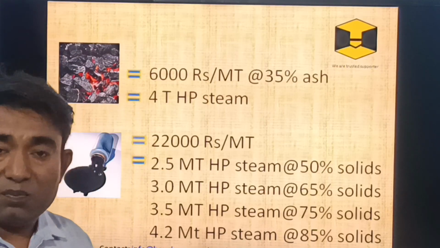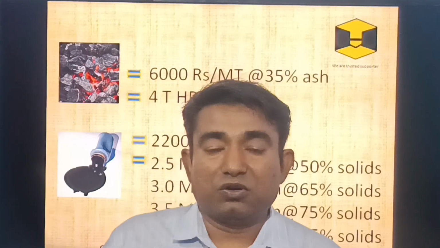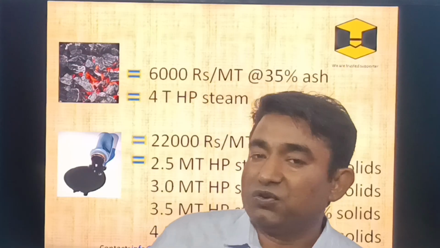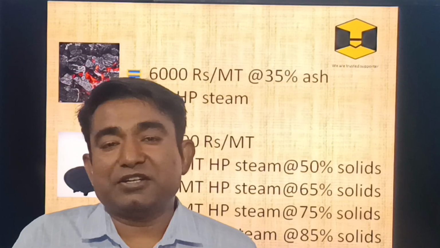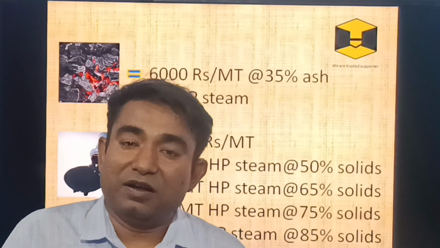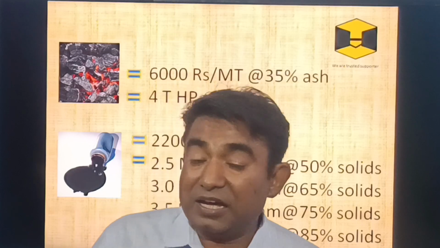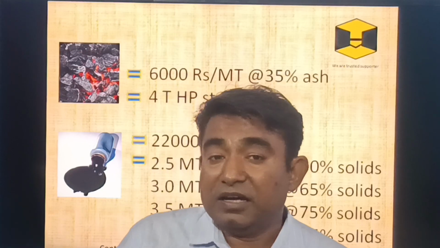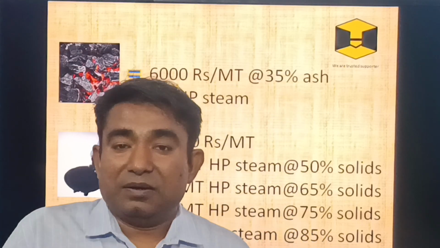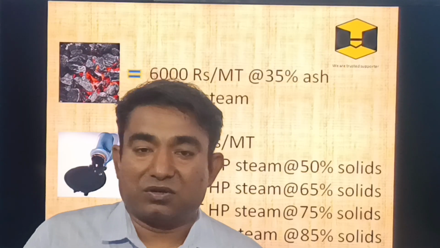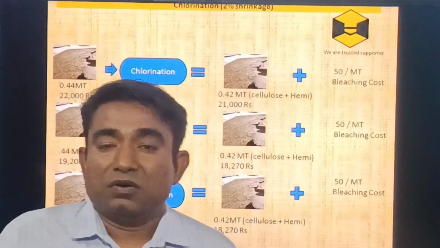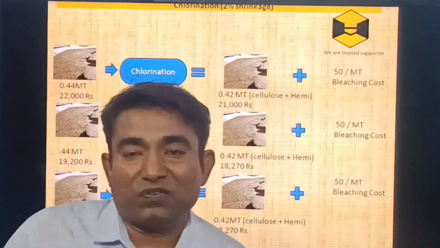One of the major contrasts, if you see, is in the case of coal, because normal coal will have 8 to 9% of moisture, remaining is the dry solid. So steam pressure will be as high as 1 ton bar. Whereas in the case of black liquor solid, if you want steam of 1 ton bar, you must achieve at least 80% solid concentration. So friends, black liquor solid is not free of cost.